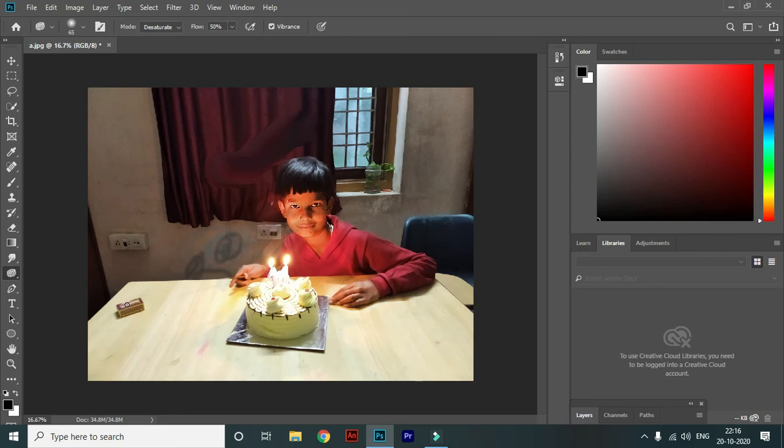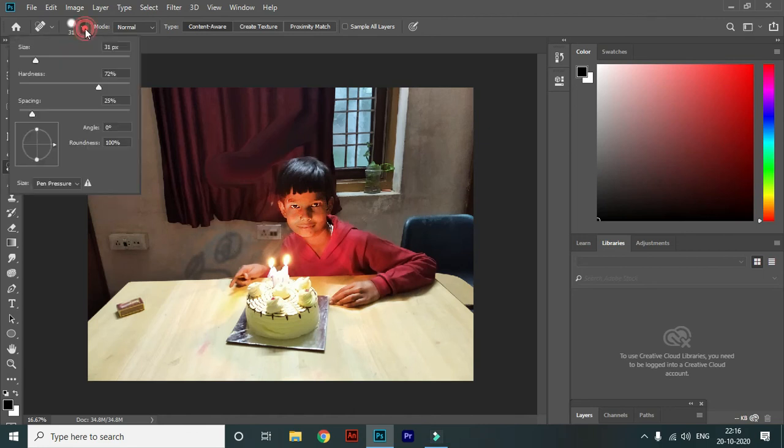Now by the spot healing brush tool we will make the matchbox disappear. How is it possible? It is possible with the healing brush tool. This is the spot healing brush tool. Click on this and set the size and hardness like that.